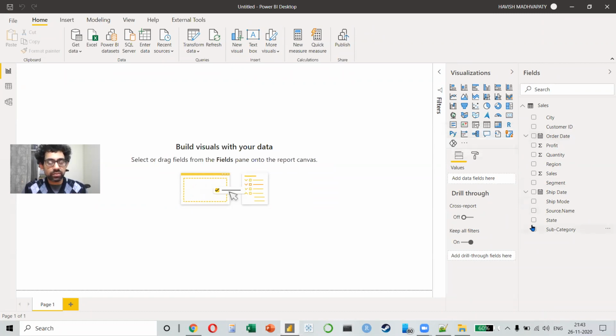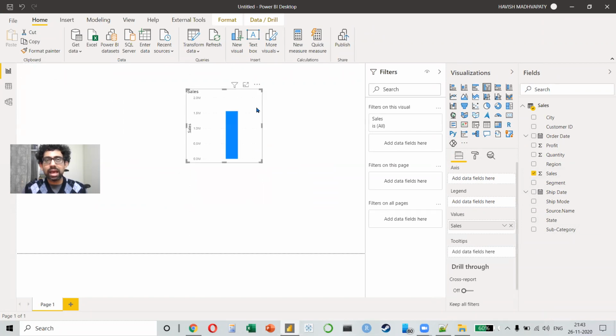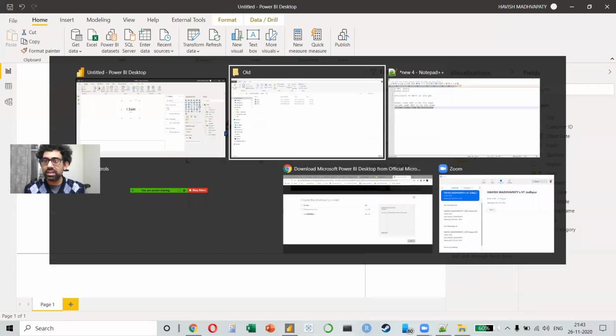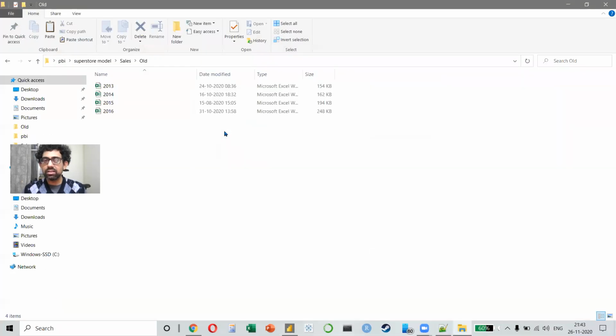Let's see the sales value. So if I select sales and it tells me the sales is 1563253. Okay. I'm going to convert this into a card, this one. The card will show me the number, 1.56 million. Let's see what happens. So when I come back and I add 2016,